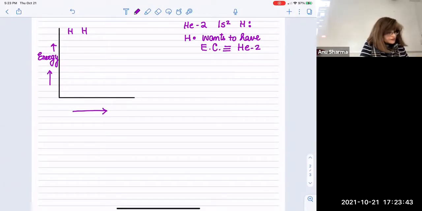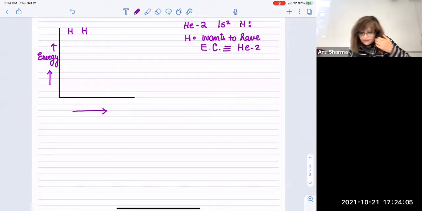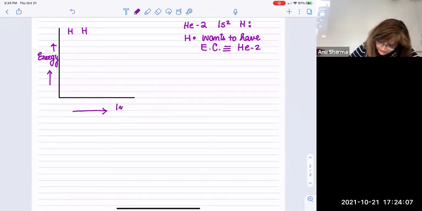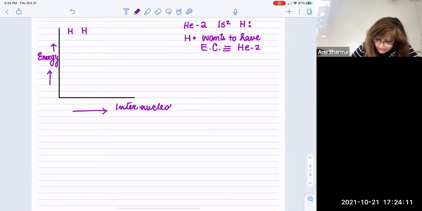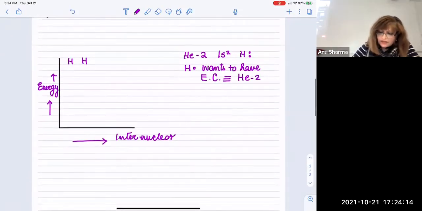So just give me 1 minute. Let me get the actual data. Values. I don't have them with me. Anyways, so this is the internuclear distance. So and in a very high state, they are, the